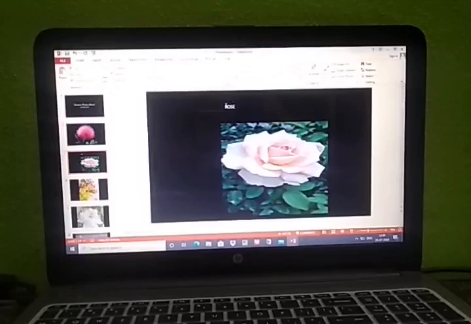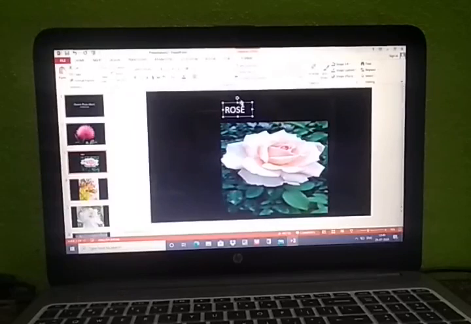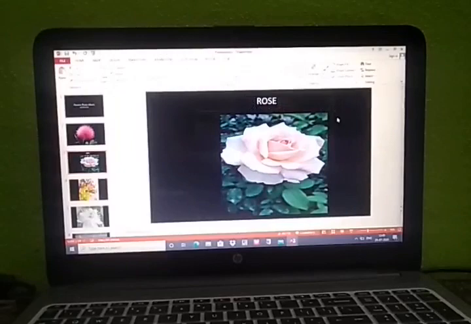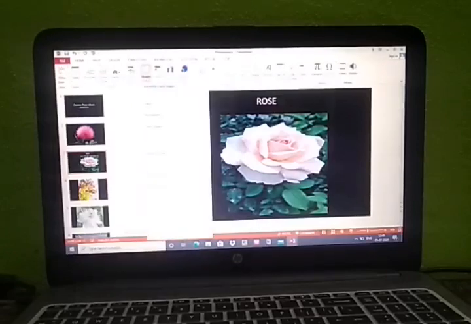Okay. Size also you can increase. 20 only, I increased to 40 size. You can increase the size also here. Like this. Okay. So you can insert text also. For each and every slide I am not inserting. For your understanding I am showing this. Okay, now you can insert this also. Text, and here you have different shapes. Those also you can insert whatever you want.